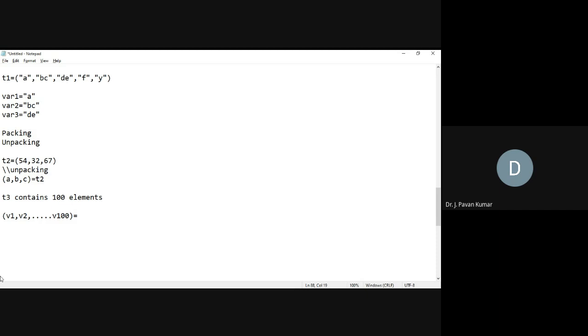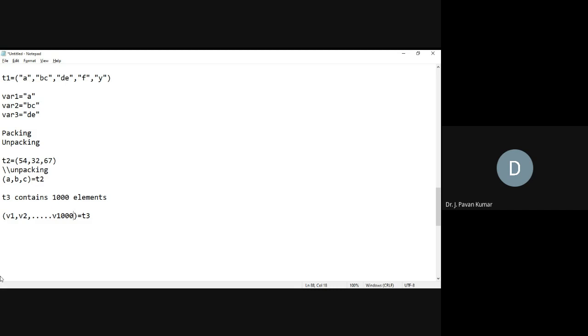And after doing all those things, we may require only 2 variables or 3 variables, or the 5th variable, or the 10th variable. Then unnecessarily we have to type the entire thing, right? This is a tedious task. That is directly evident. Even if instead of 100 you have 1000, then definitely it is a tedious task.